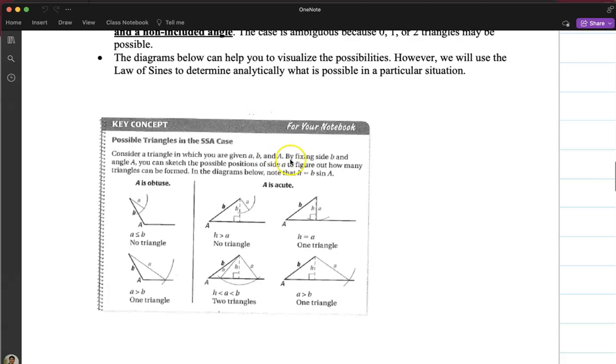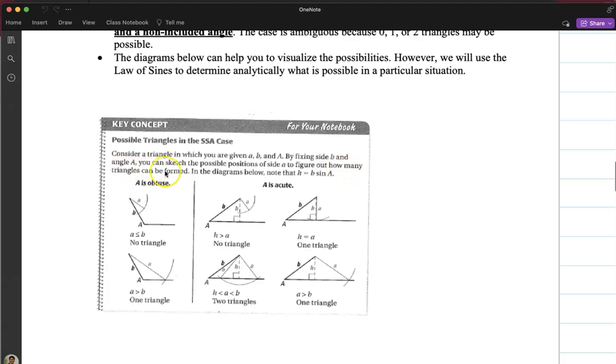First you fix side b and angle A: you draw a line, draw the angle, and then draw this side. So you have to fix two things, side b and angle A. You can now sketch possible positions of side a